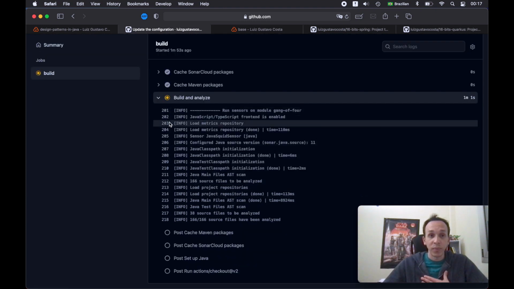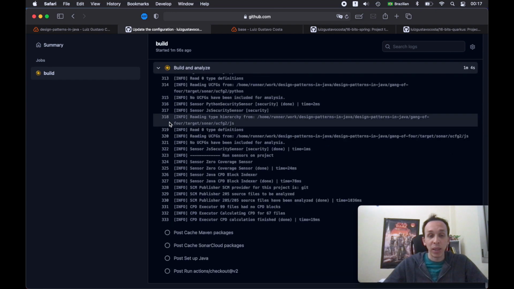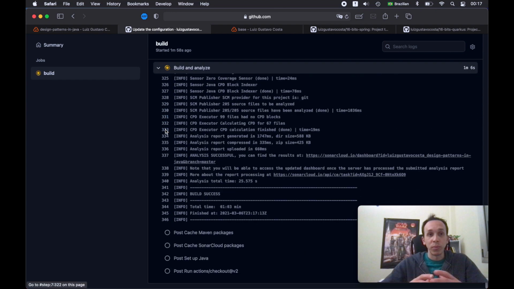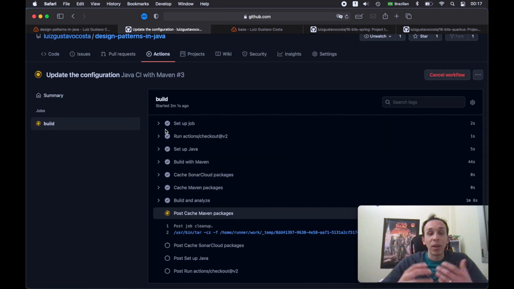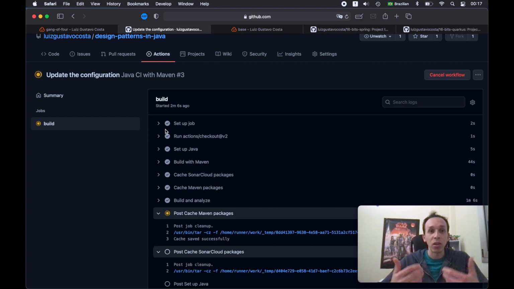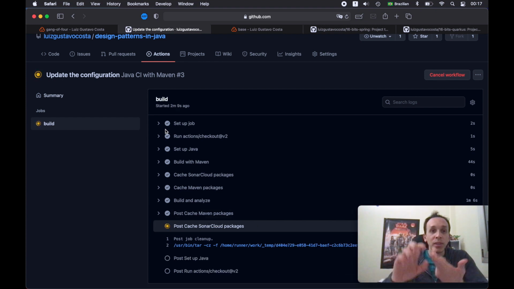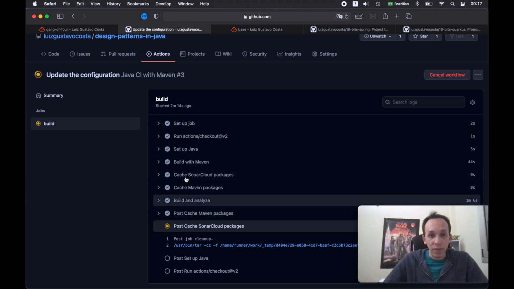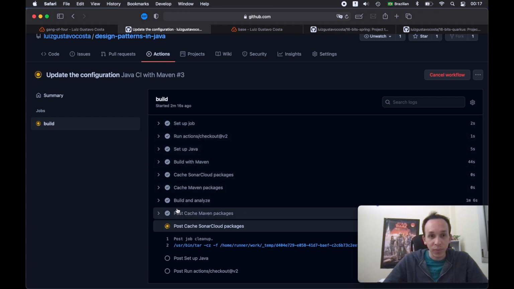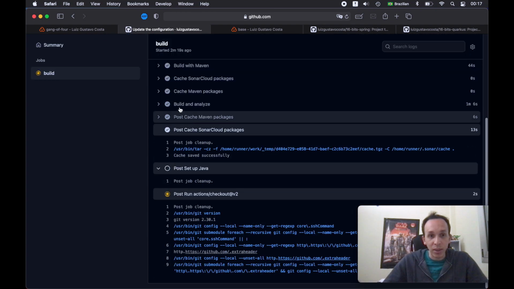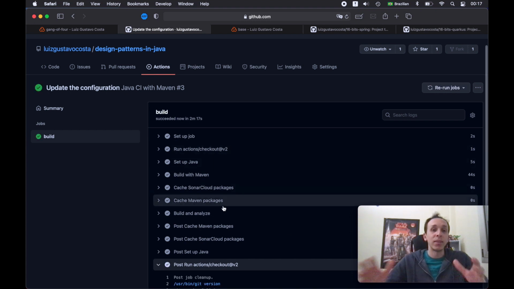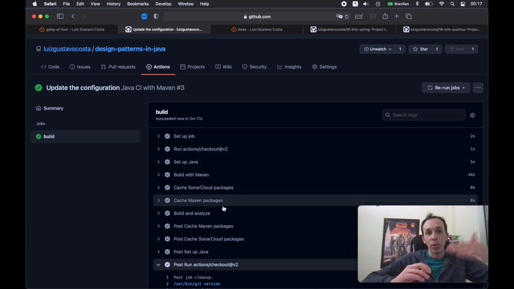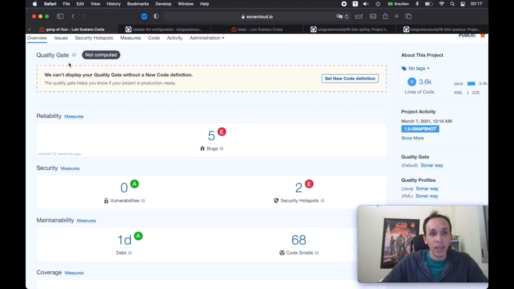I prefer to use GitHub Actions because I'm already in the GitHub environment, so it's easier to see how things are going. Let's see the project, the CI, and all the things. Okay, now I have all the steps here. The important one here is the build and analysis, because this is the moment when the project will be analyzed by SonarCloud. So back here in the project,